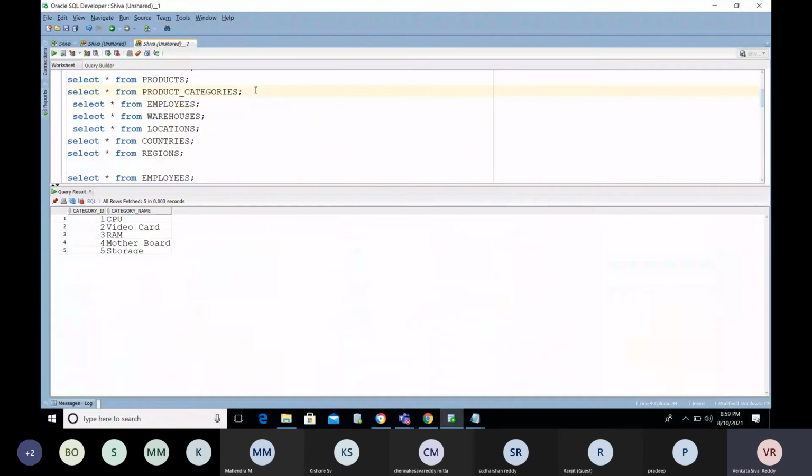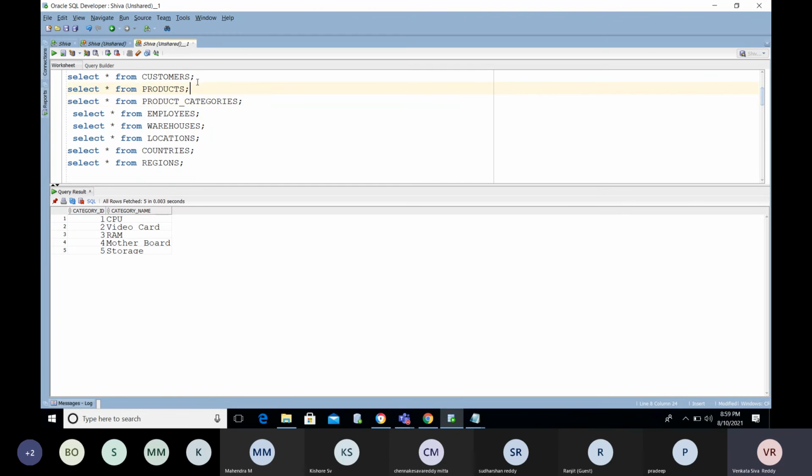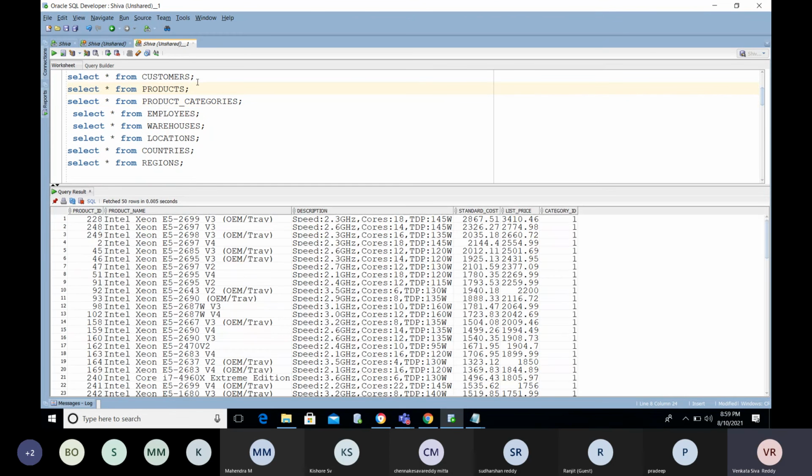Okay, product category. Category in the sense it is CPU, video card, RAM, motherboard, and all those things. Okay, products: product ID, product name, description, standard cost, list price, category.